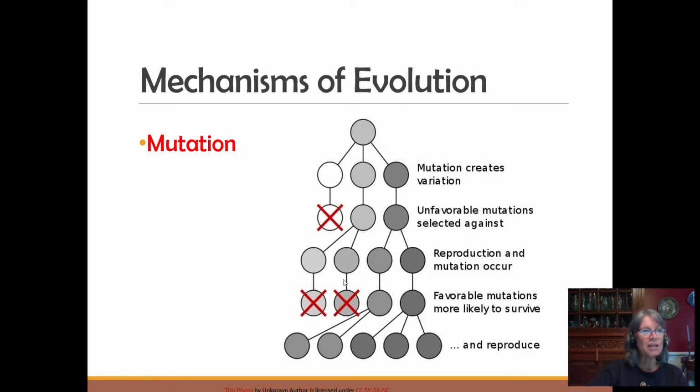And then when there's a change in the environment, that all of a sudden this mutation is now beneficial, whereas here it would just be neutral. They were able to survive and pass on their genes at the same rate as everybody else. But suddenly something changes to make this mutation beneficial. So an example would be with